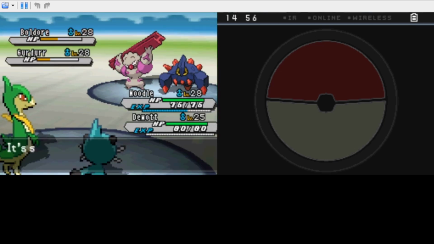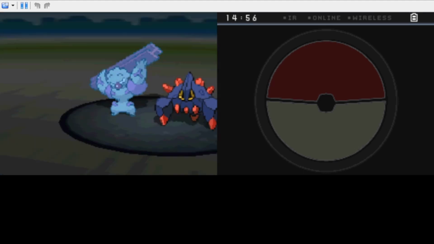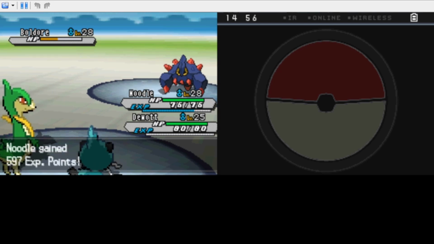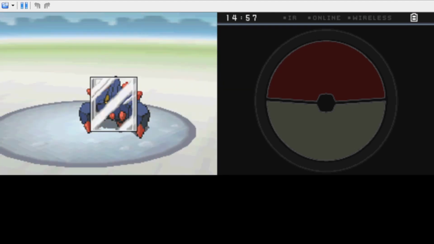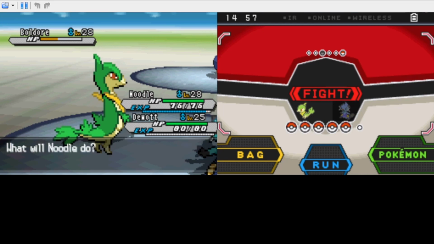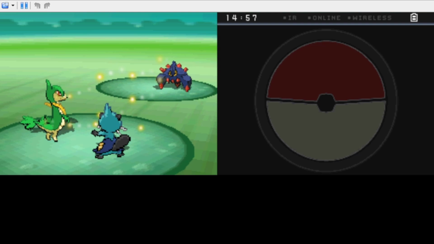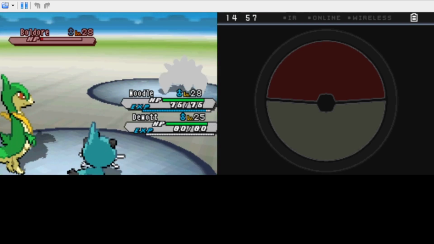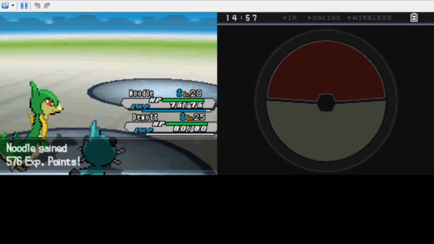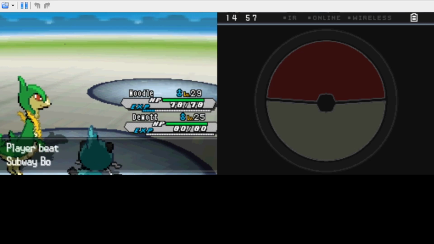Big Mega Drain. Tanks it. Would have lived anyway because it's sturdy. That'll defeat Girder. Huh, that didn't give that much experience. Maybe Duat kind of does steal it now. I get half. That's unfortunate. Alright, that's that. Level 29. So...